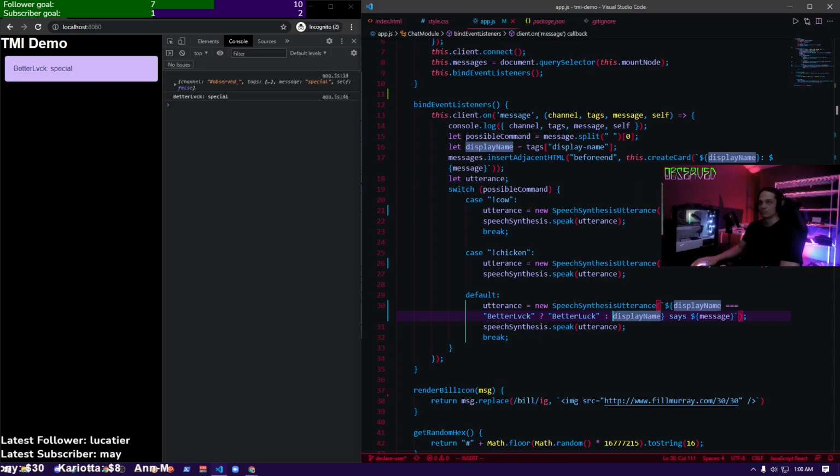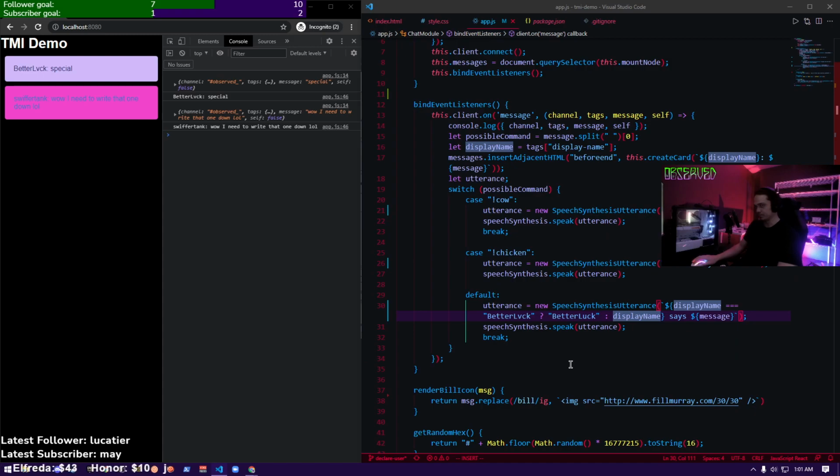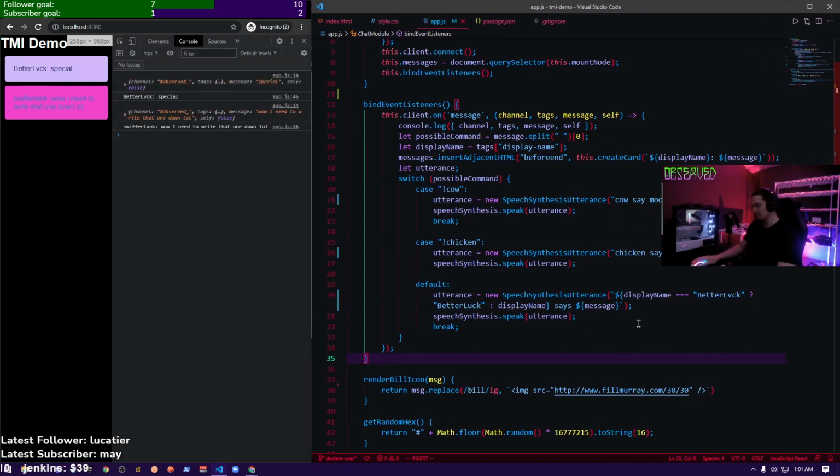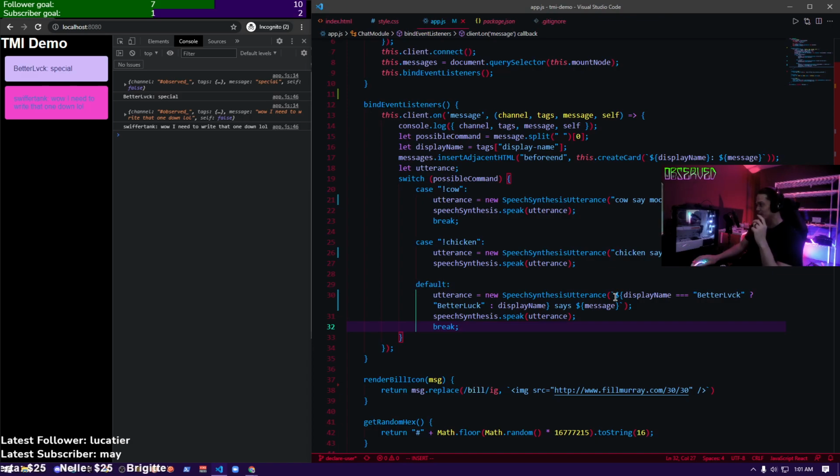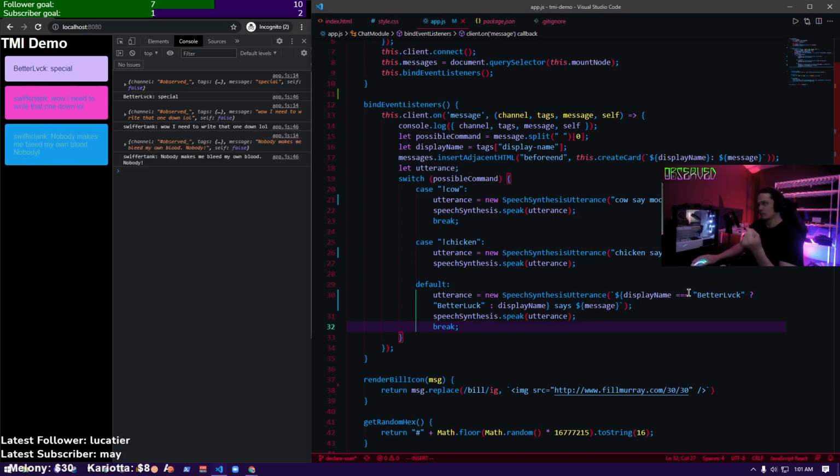Better luck says special. Okay. Swiffer tank says wow, I need to write that one down, lol. Ternary is so cool, man. It's like a quick little if or kind of thing. You could do this all in an if or, but it's one of my favorite things you could do. Swiffer tank says nobody makes me bleed my own blood. Nobody.